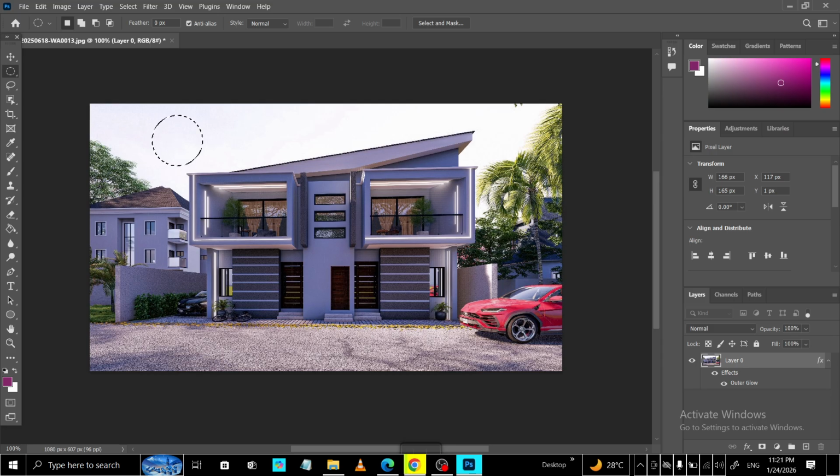To recap the flow, make your selection with the tool that suits your shape. Go to Select, Modify, Feather, set a radius that matches your image size, and then apply your fill, color, or mask. With that simple sequence, your edits will look cleaner, more natural, and more professional. Practice on a few images to get a